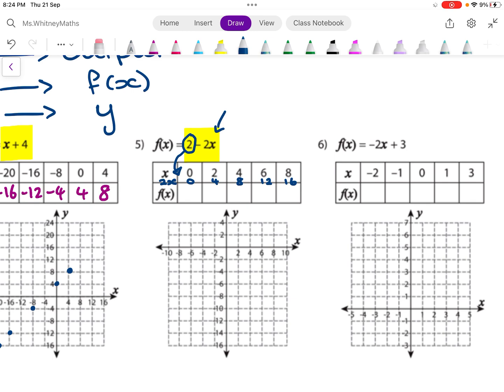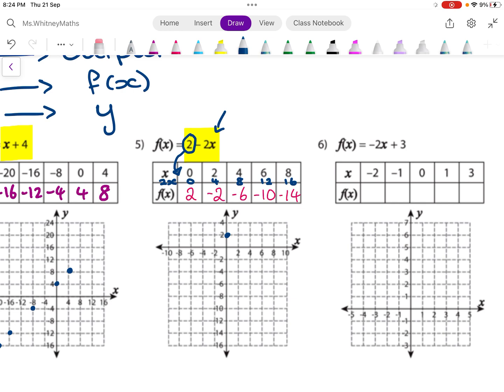So 2 take away 0 is going to give me 2. 2 take away 4 is going to give me minus 2. 2 take away 8 is going to give me minus 6. 2 take away 12 is going to give me minus 10. 2 take away 16 is negative 14. Those are my points. Now I'm simply going to draw them. So 0, 2 up,